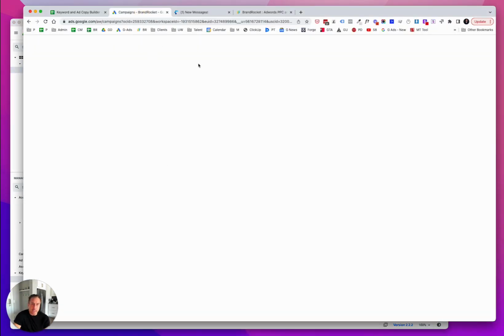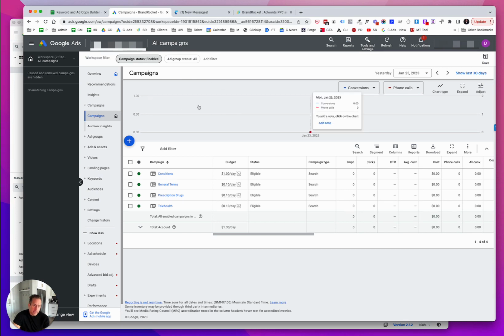Now this is the Brand Rocket account. So this is just a test account, and I just pushed them into this particular account. But you see again, the same thing, right? We're pretending here that it's been fully built out, but you can see campaign, general terms, prescription drugs, telehealth. This mirrors what we built out in the Google Sheets document. It mirrors what we just looked at in the Google Ads editor, but now it's been pushed live,